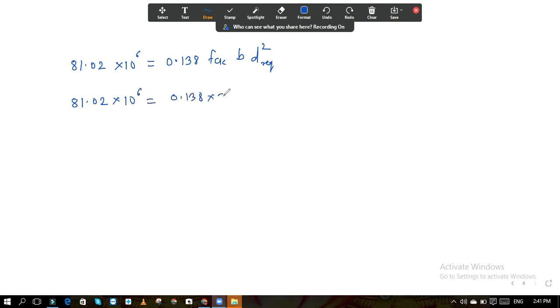Here, what is the value of bending moment? It is 81.02 into 10 raised to 6, which is equal to 0.138 FCK B D square. Here your D is D required. So again it is 81.02 into 10 to the power 6 equals 0.138 into FCK, which is 20, B is 1000 into D required square. So therefore D required is equal to